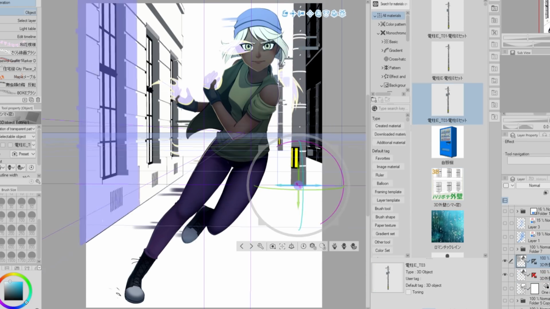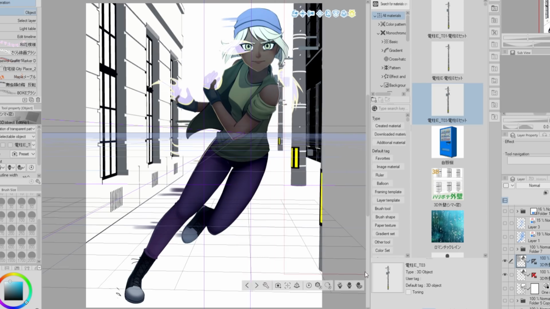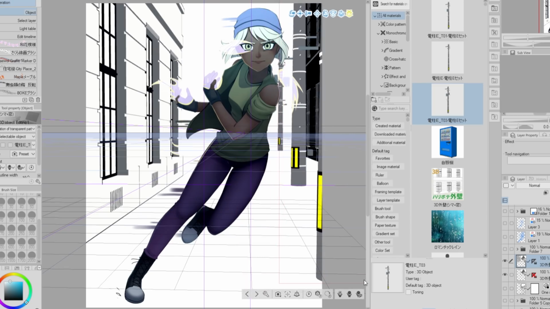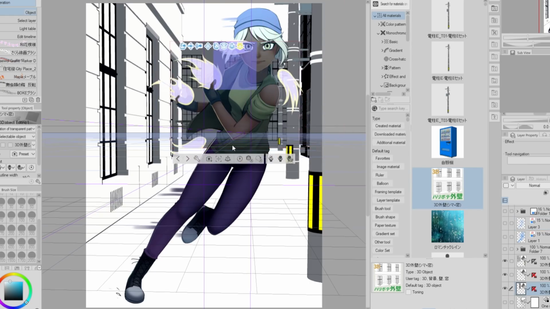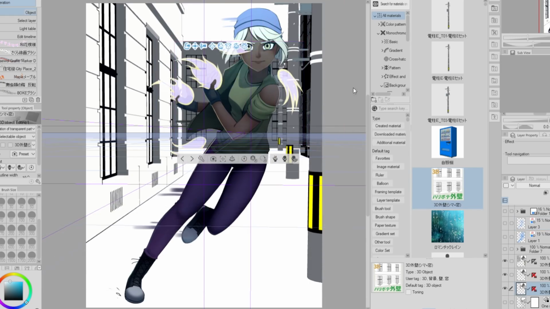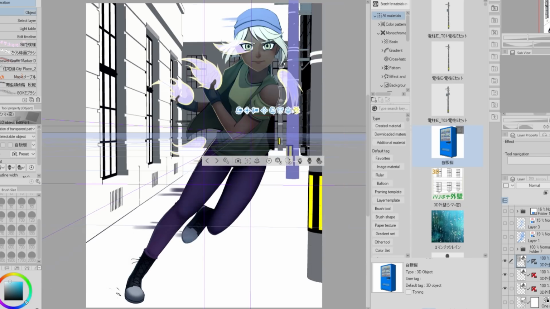The mistake I made with my first background is that I didn't make a grid or perspective lines to help me understand the background and the scaling. Because of this, it felt really short and out of proportion. In the future, I'm going to make sure to add perspective grids and lines when figuring out the backgrounds, because